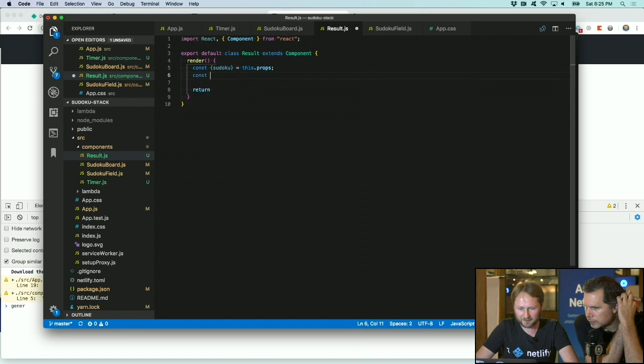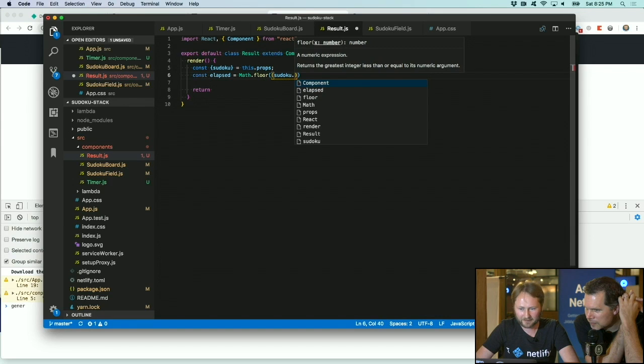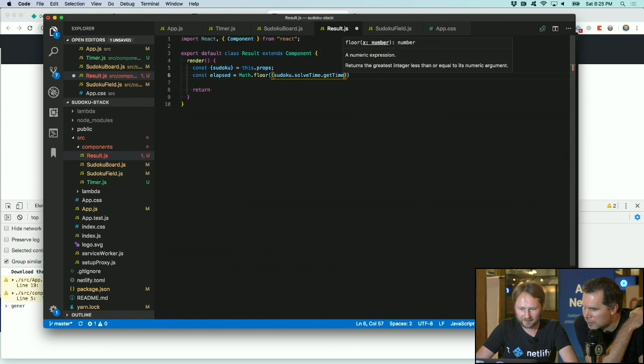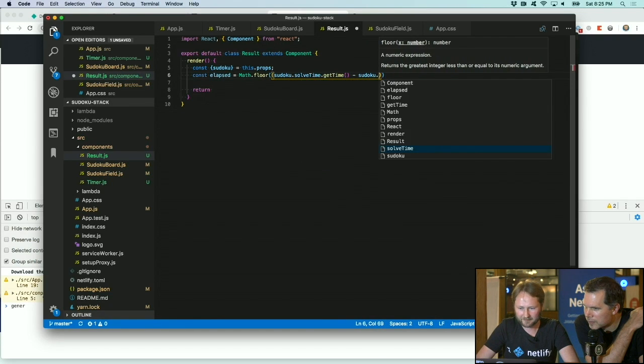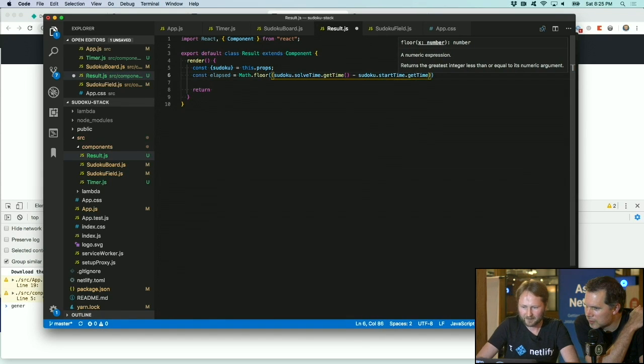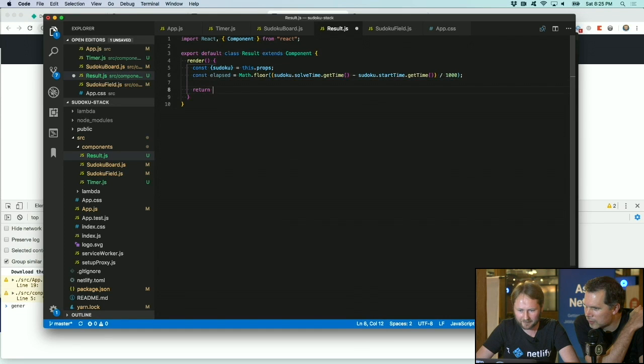And then we'll want to have elapsed be the same calculation, right? Like we'll want to take the Sudoku solve time, take it in milliseconds, and then subtract the start time, and we'll want to do 1,000, and then